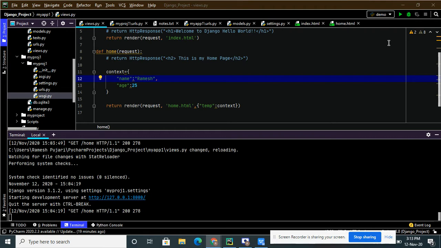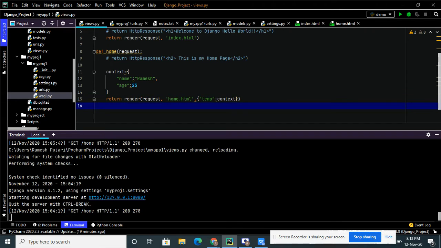Processing means I will define a function or method, either a GET method or a POST method. By using that method I will get the request and send those values to the HTML home page in a website, or we can call it a browser. I will demonstrate one example so that you will understand.